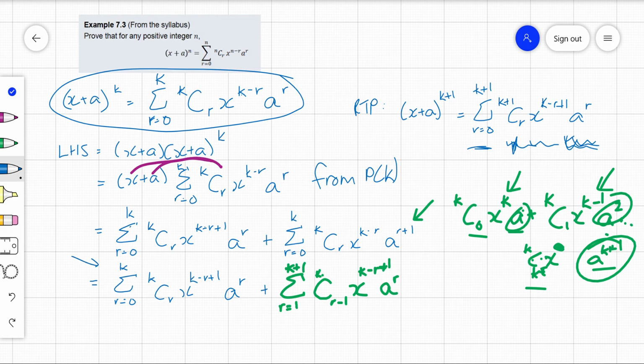So what I want you to remember from the very beginning is that, and we can say it this way, k choose r plus k choose r minus 1 is going to give me k plus 1 choose the bigger one, so r. All right, so noting that,